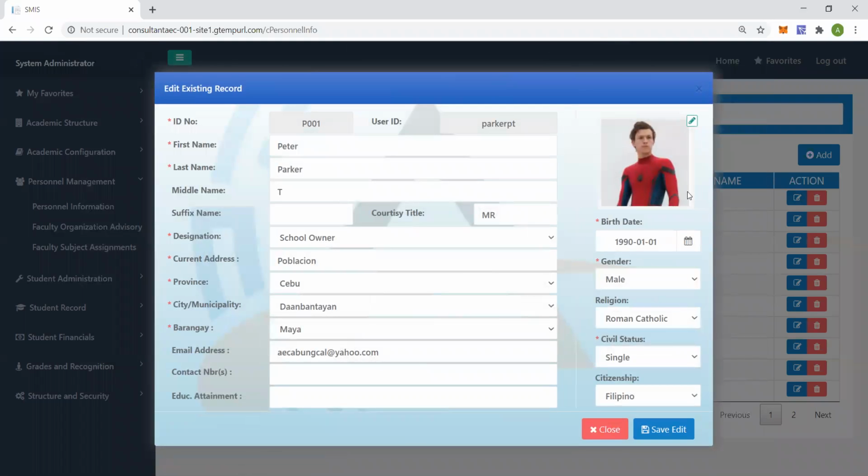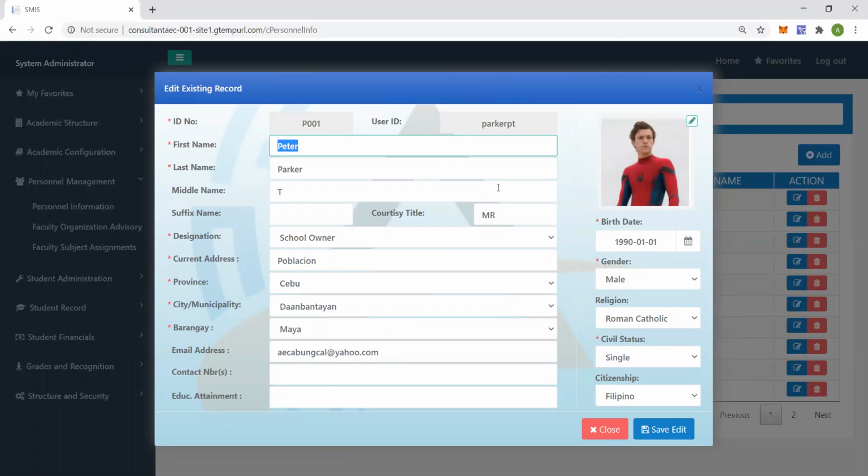You can upload a picture, that's some sort of a profile that you will give to the user, and basic information. If you're using this application as a personnel page and you are assigned to input or modify any information of the personnel,